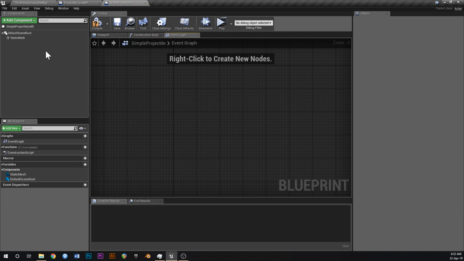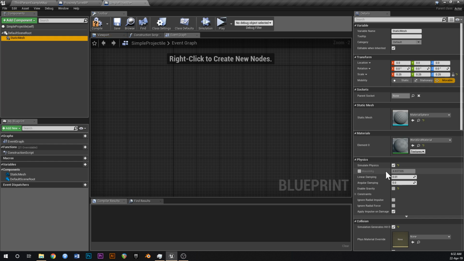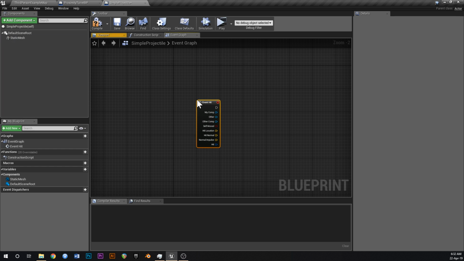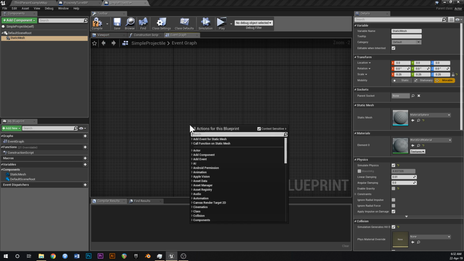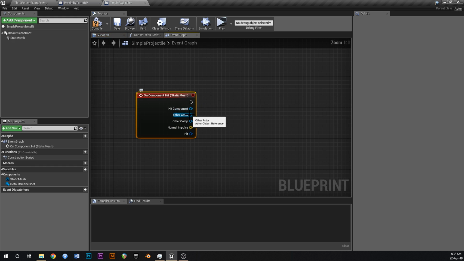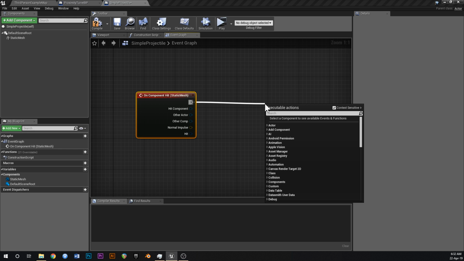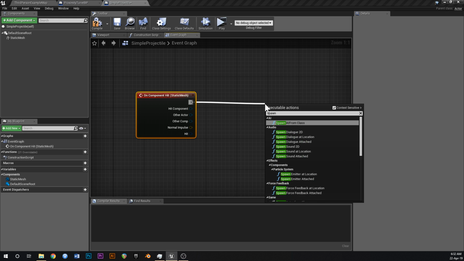Delete all of this. Static mesh, make sure simulation generates hit events is ticked down there. Right click and say hit, event hit. Actually no, we don't want that. We want to click the static mesh and then say component hit. Add on component hit, and then as soon as it hits something, let's just say spawn emitter